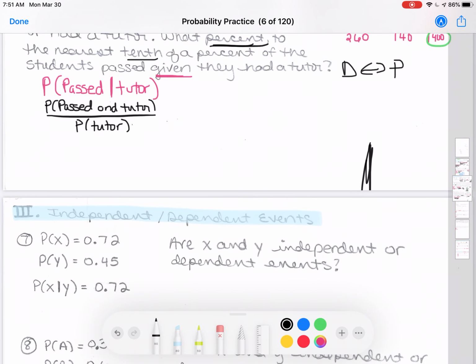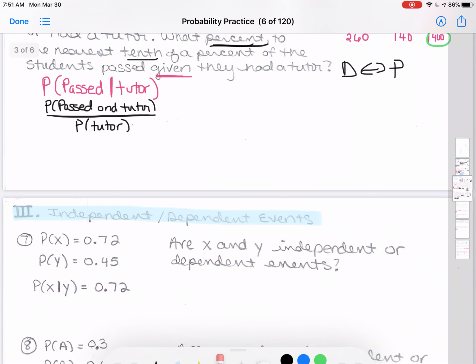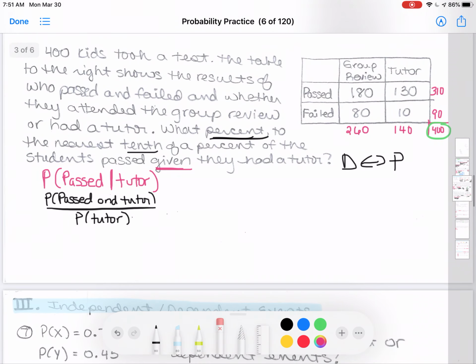Oops. Okay, all right, so we have to go back to our table now. Probability of passed and tutor. Just take your two fingers and find passed and tutor. Isn't this one passed and tutor? So 130. So 130 out of 400 divided by